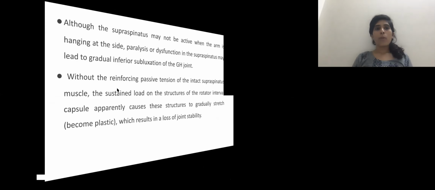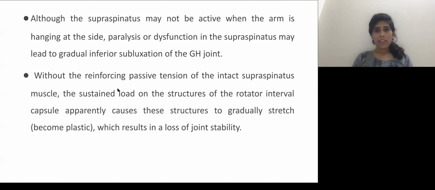Although the supraspinatus may not have an active role for the stabilization, of course whenever the person is having paralysis or rotator cuff injury, we can find that there will be more chances for the inferior subluxation of the GH joint. So without the reinforcing passive tension of this intact supraspinatus muscle, there could be more chances for the